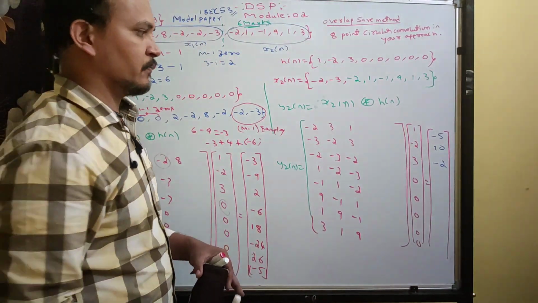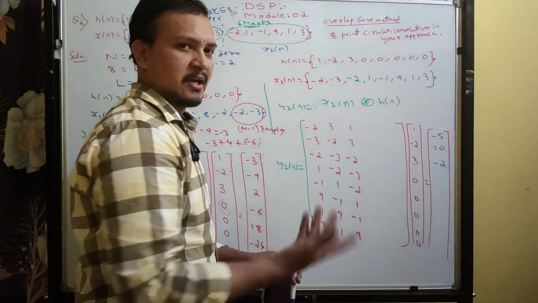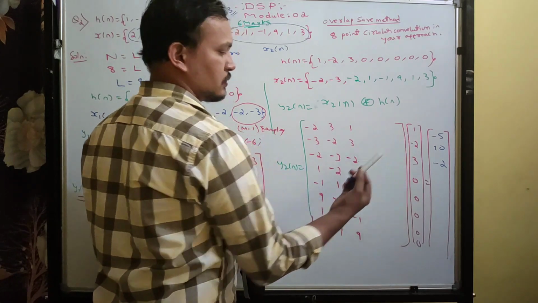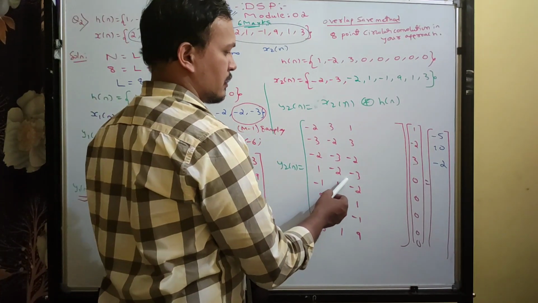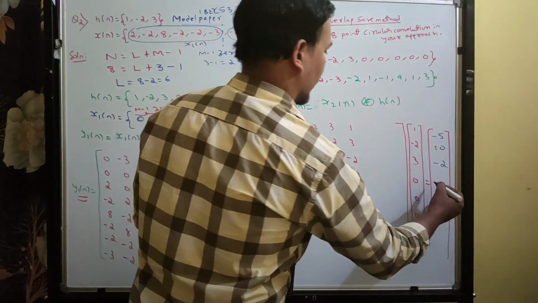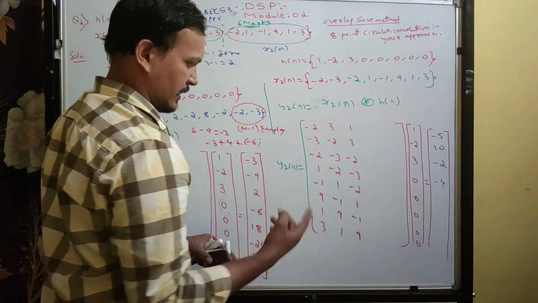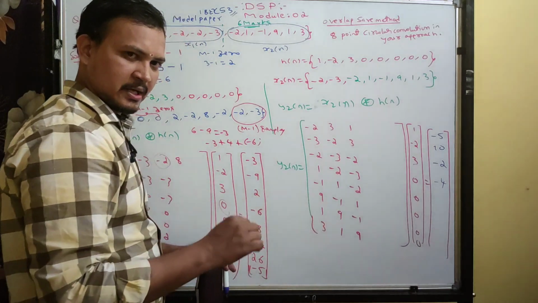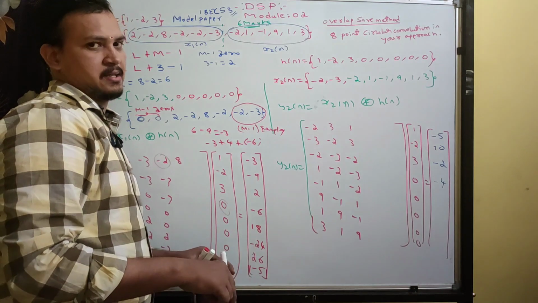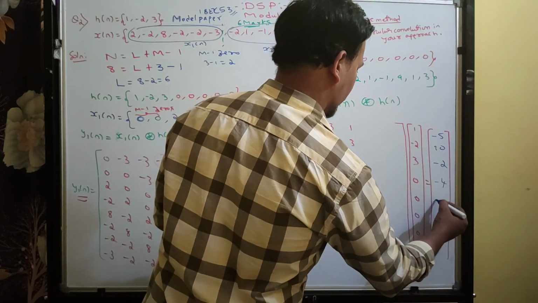Okay, you must do it correctly. Even if I make a mistake, that is not a problem. You can multiply this effectively. Next, look here. 1 into 1, 1. Minus 2 into 2, minus 2 into minus 2, 4. 4 plus 1, 5. Minus 3 into 3, minus 9. 5 minus 9, we will get minus 4. Next, minus 1 into 1, minus 1. 1 into minus 2, minus 2. Minus 1, minus 3. Next, minus 2 into 3, minus 6. Minus 6 and minus 5, minus 11. You will get minus 11.